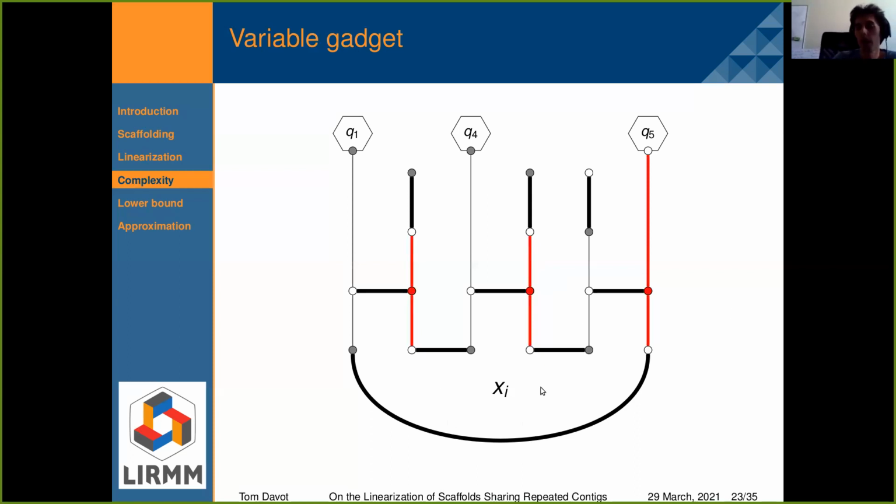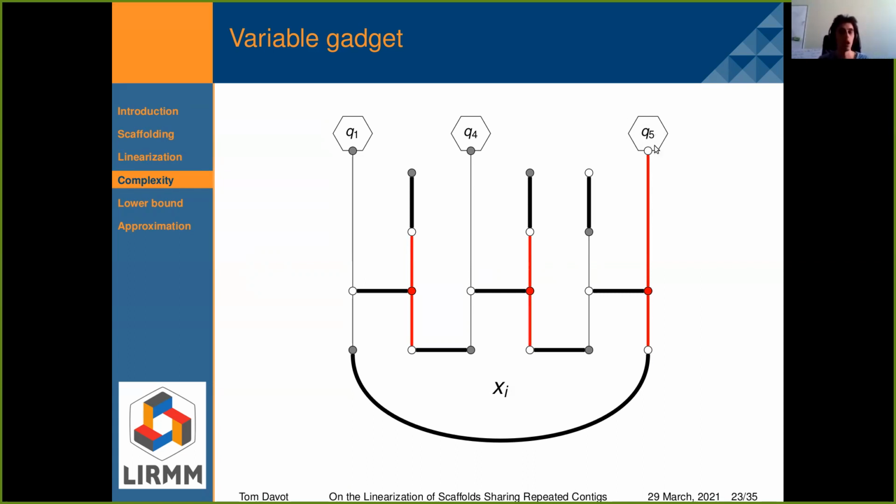So for example, if I put the value true to xi, then I can see that I remove the edge between this variable gadget and the variable gadget of Q5. So that means that in this gadget, I know that I just will need 2 cuts in it to clean every matching edge of this gadget.